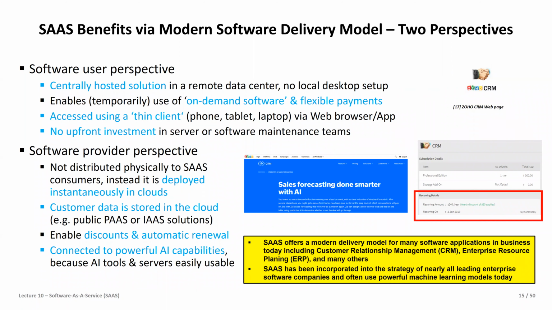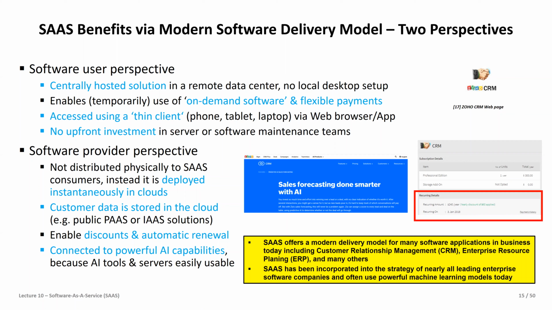Right, and of course, then when we think about the idea of this modern software delivery model, we said this already. We see a bit here the kind of quota or the kind of subscription details that you had. You had basically one user and one license. Of course, now when you do it in a company, you may be interested in just having 10 users. And of course, this is mostly always working. You have, instead of one user, 10, and then you have some interesting, let's say, contract that you get an upgrade of user. That's one way of doing it.